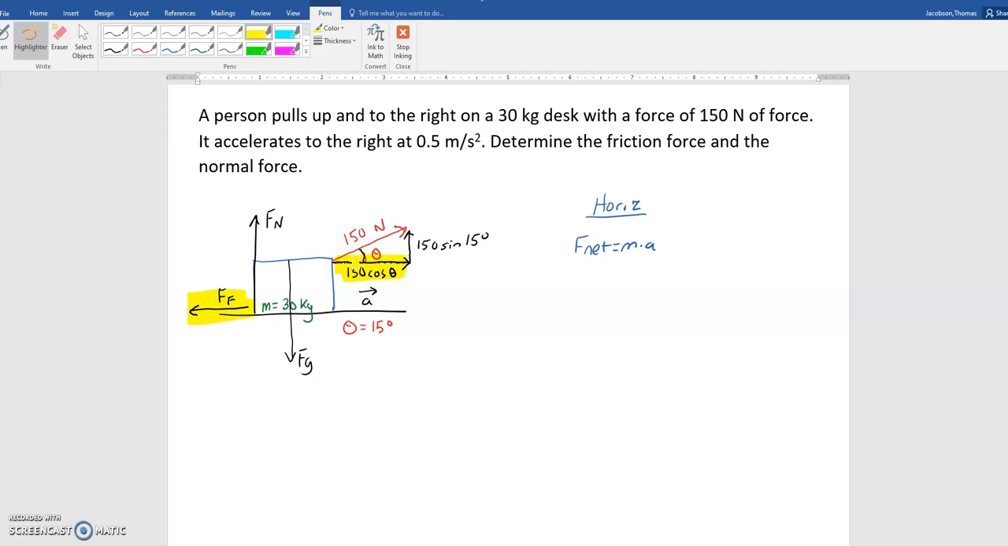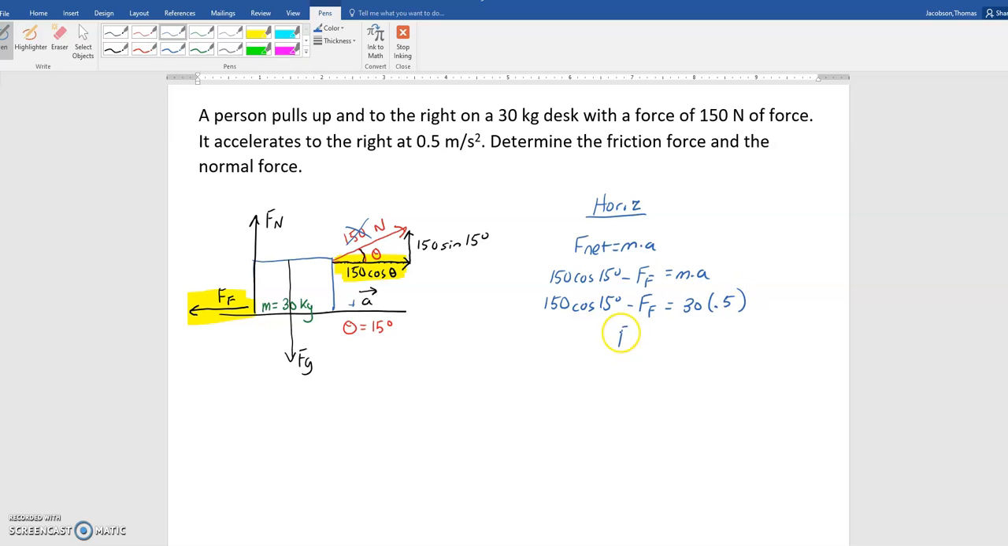That is it. I didn't say this in the last problem, but once we split this force up, this 150 Newton force, we never use that again. We've broken that force up into the horizontal and into the vertical, and we never use that again, as weird as that seems. So now I'm going to say that positive acceleration is to the right, so I'm going to make the 150 cosine 15 degrees positive, and I'm going to subtract off the friction force, and that's going to equal m times a. So 150 cosine 15 minus the friction equals the 30 kilogram desk accelerating at half a